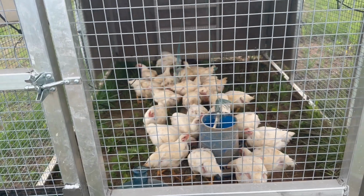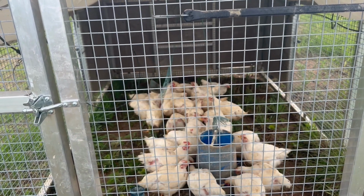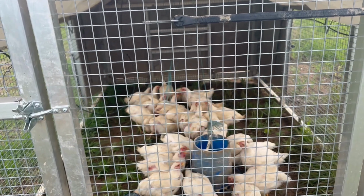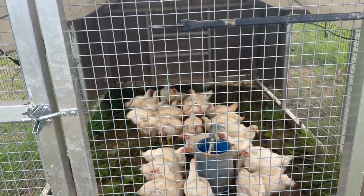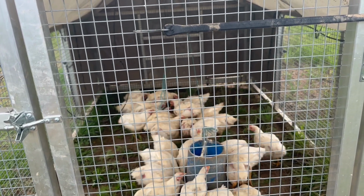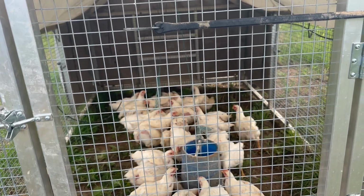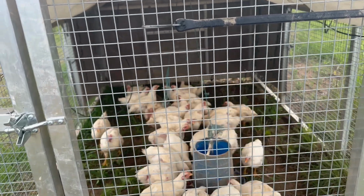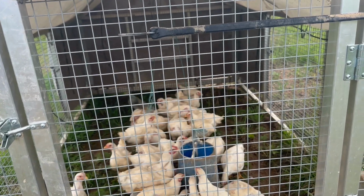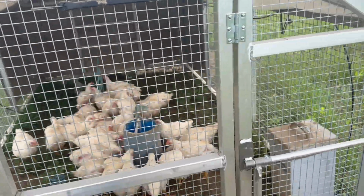This is where I add at least 3 or 4 pounds more of food their last 4 weeks. I add about a pound every week. So their last 4 weeks, they start off with 6 pounds of food, and this is 29 birds. I had 30. And I will increase it every week by a pound or 2. I watch their craws, make sure that their craws get nice and full. I only feed them once a day in the morning, and that's it. And they have a full thing of water,